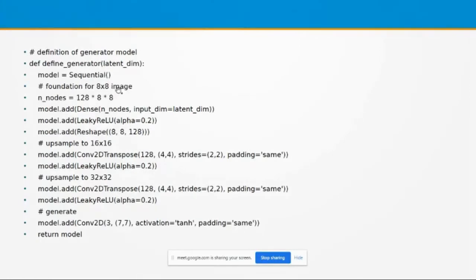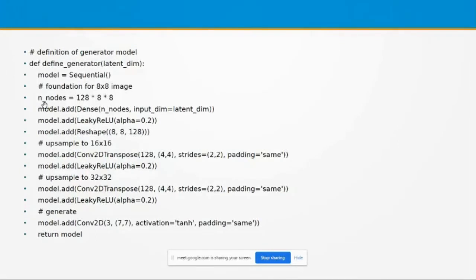That is, I'm going to generate a batch of images, and these 128 actually represent the feature maps in this case. So I'm going to map this latent dimension into 128 images of size 8 by 8 first.